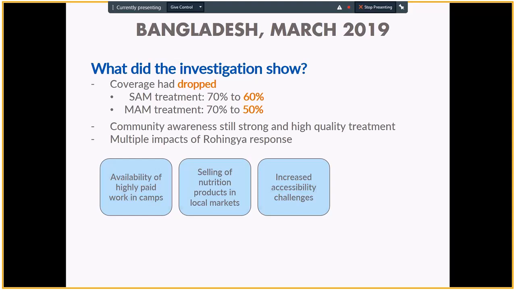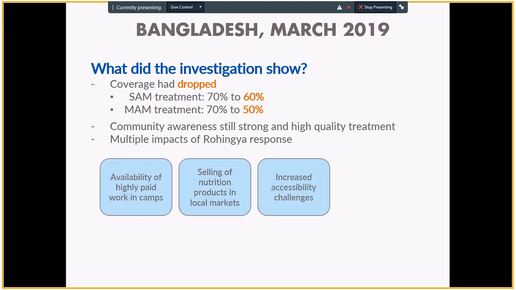Just going through these, there was also quite a lot of increased accessibility challenges. As I'm sure Catherine would agree, the traffic there, to get to and from the camps, is unbelievable. Suddenly the roads, these very, very small roads, have been swamped by buses and trucks, big 4x4s and lorries, transporting stuff to and from the camps. And this has really had an impact on the accessibility of the health centres for the other staff, for the host community, which has been a big problem.